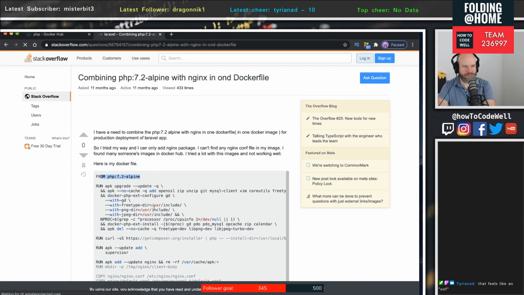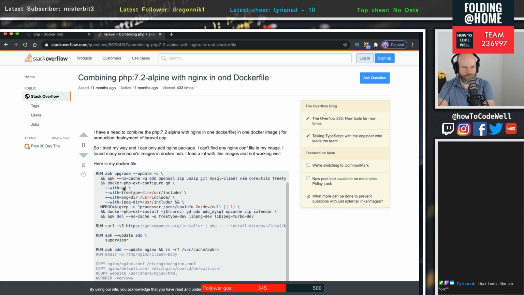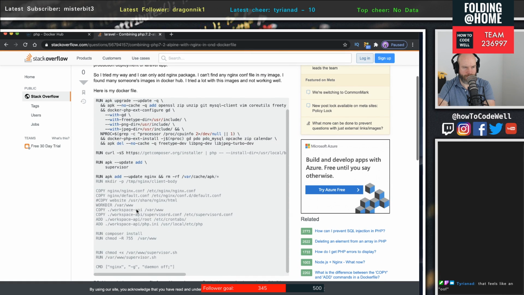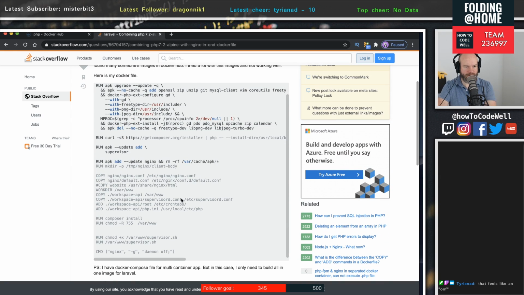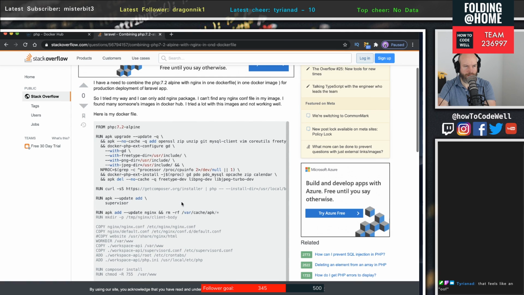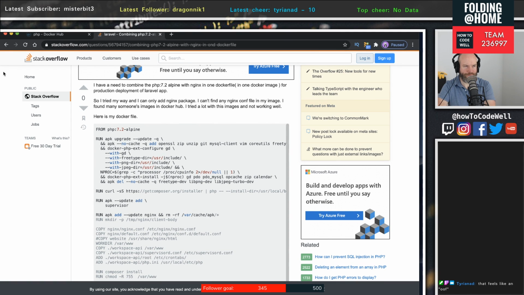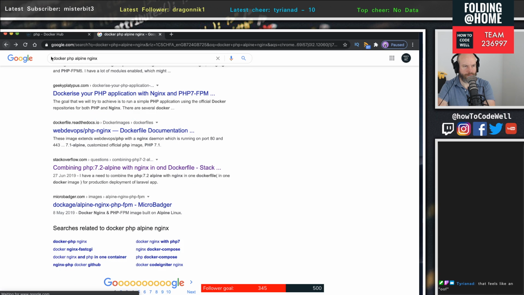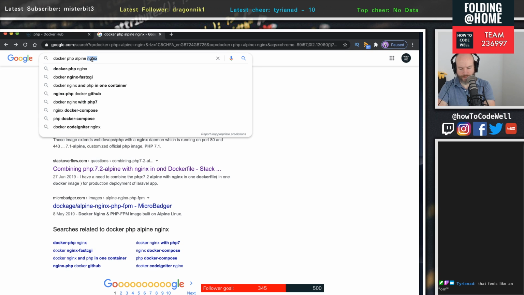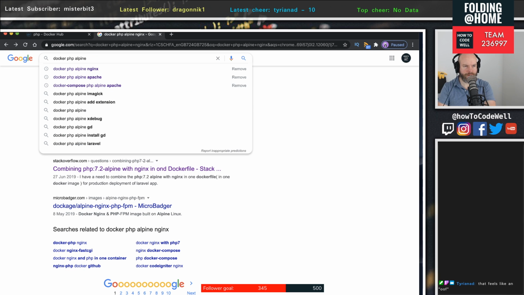So from PHP 7, upgrade, all of this stuff. Yeah, you can see it's a little bit more involved than just running straight PHP Apache Buster. I might just use the FPM package, FPM and